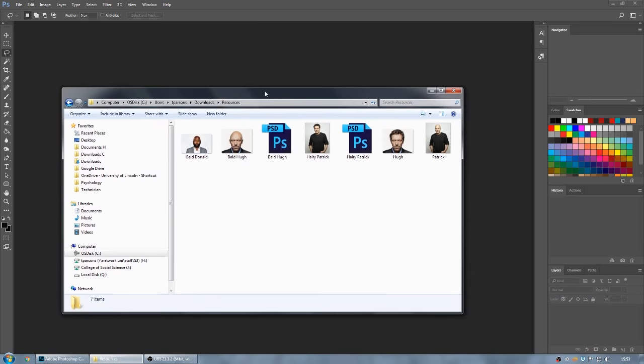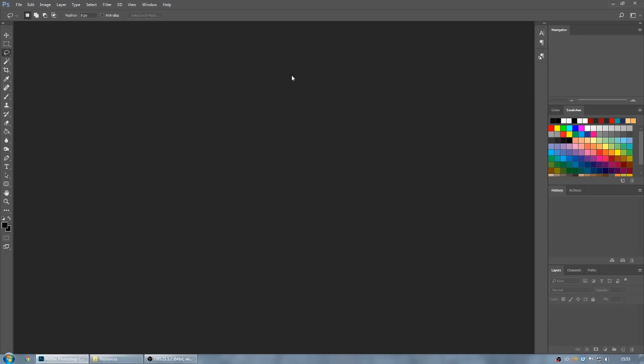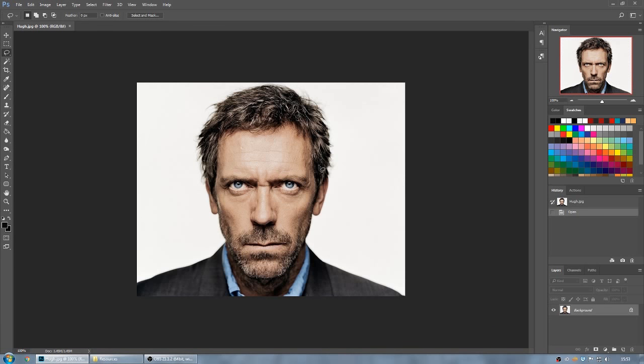As always, I recommend having a folder with just all of the resources you're going to use throughout this already stored in it. So let's load in our starting image. So I recommend finding an image with just a blank color background, because that's going to be a lot easier to work with than if it's got a really complicated background. And it's also best to have them just facing directly towards the camera like this and have it in decent